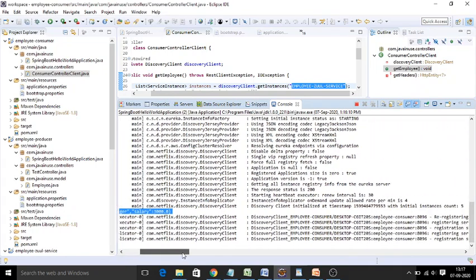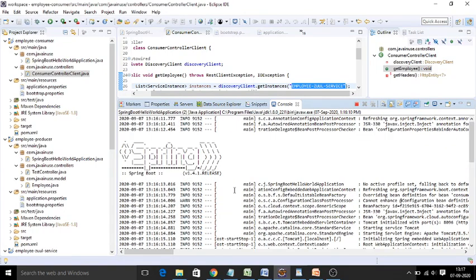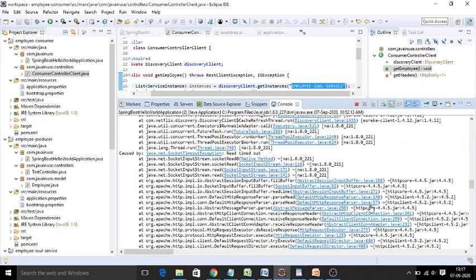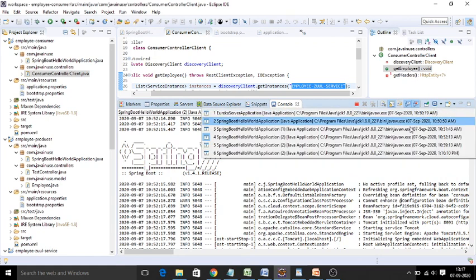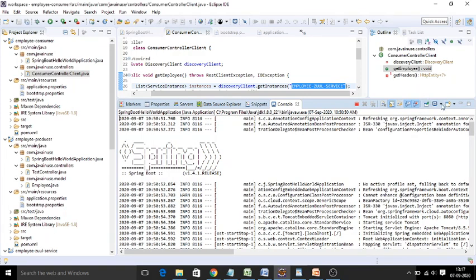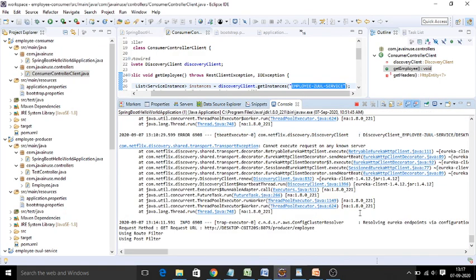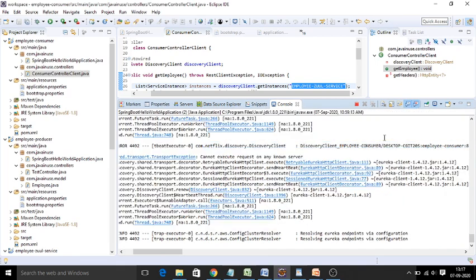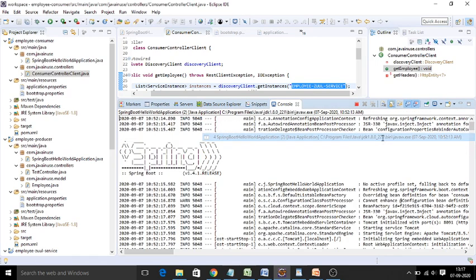Now if you can see here, the console of your application, you have to monitor the Zuul proxy server console now. Now you can see the Zuul proxy filter. It is mapped with your PC number and the port number. Now you can see here it is a producer employee, right? So this is what you can observe, your Zuul API gateway URL.